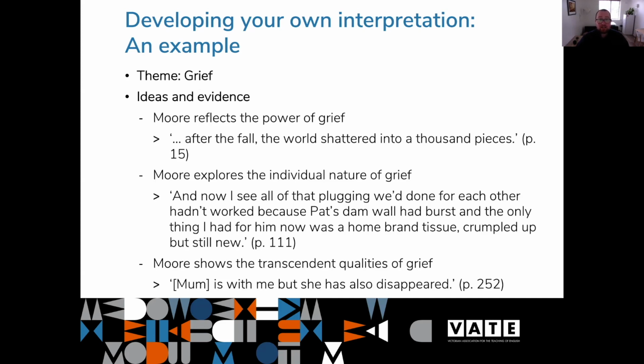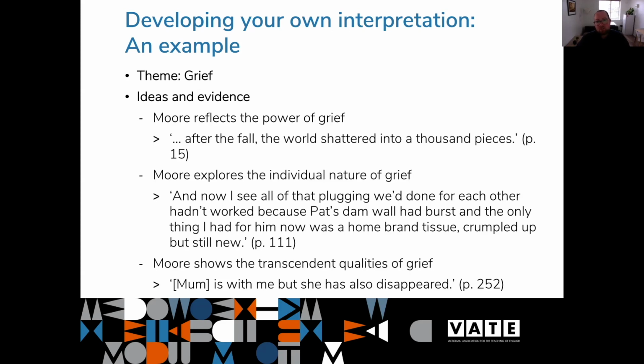So I have phrased that here as Moore reflects the power of grief. And I've used a quote here: "After the fall, the world shattered into 1,000 pieces." Now, the fall that Dylan, the narrator, is referring to there is the fall that killed her mother. So in this quote, I really get the sense that Kath Moore is showing us that for Dylan, that grief